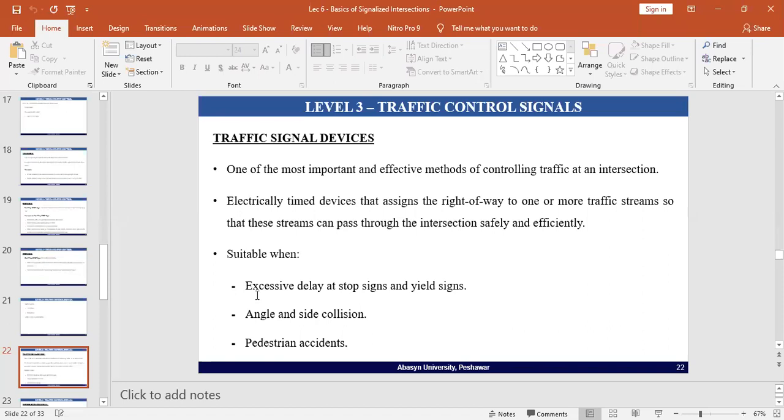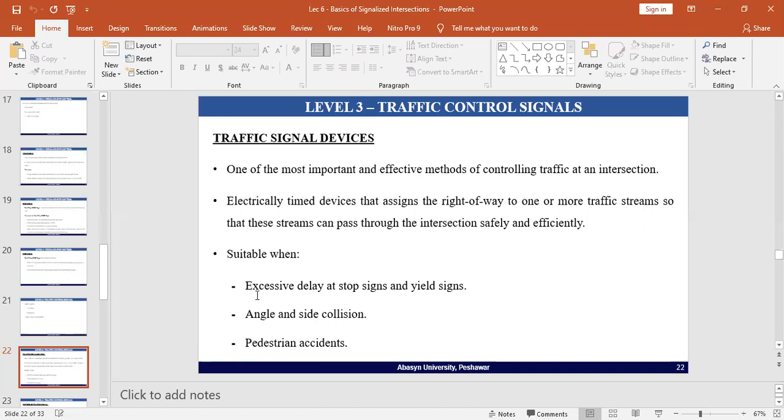If you are using that software to arrive at an optimum solution, look at the data required. For example, the traffic volume on the major road, the traffic volume on the minor road, the composition of traffic, what type of traffic you have. You have passenger cars, rickshaws, motorcycles, sedan cars, trucks, buses, pickup vans. And the driver perception time, how much distance they keep between themselves.